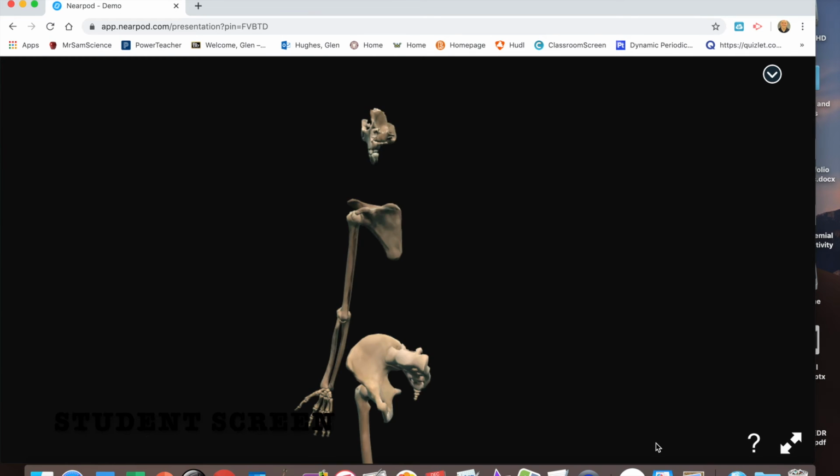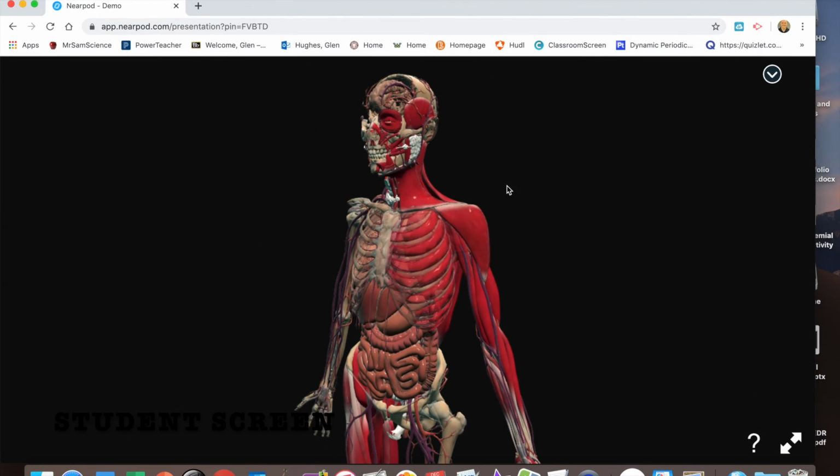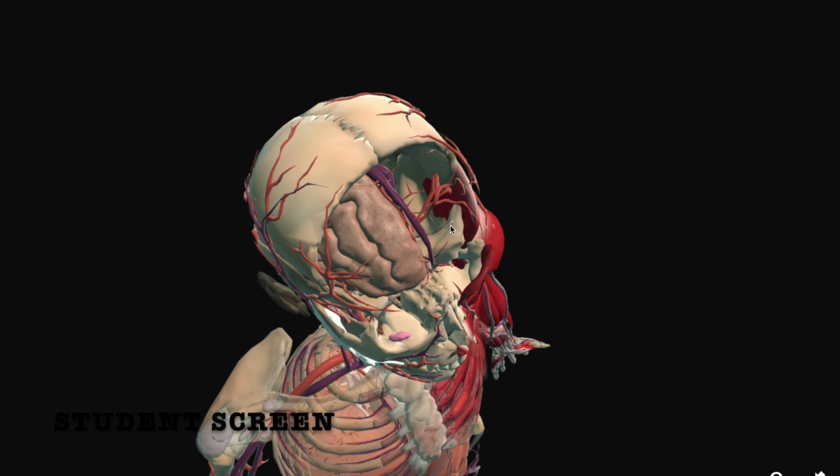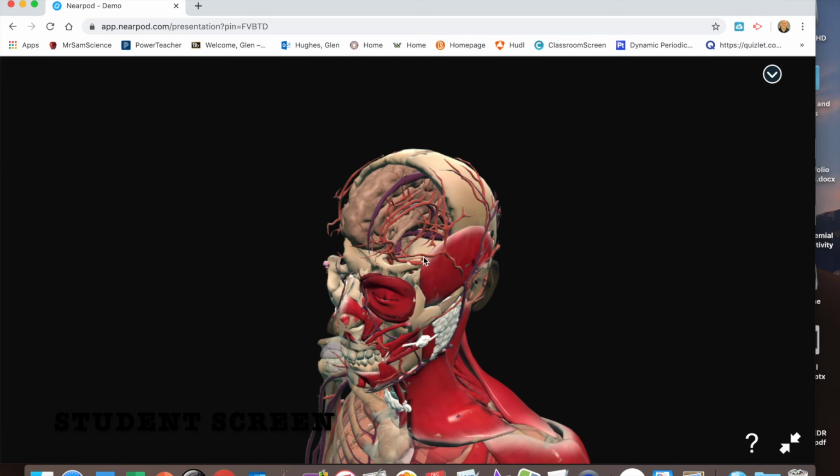Now, as we continue on here, there's all sorts of 3D models and diagrams that the students can go through and look at. So right now we're looking at the human body, and we can go into the nervous system as we go through and talk about